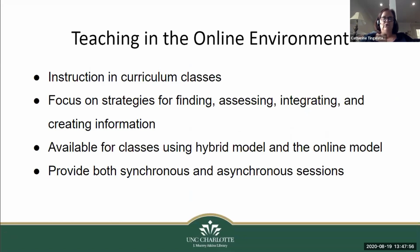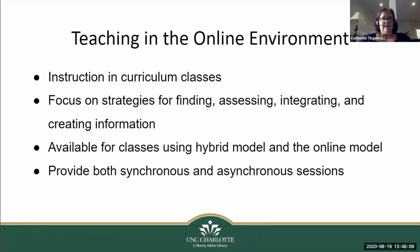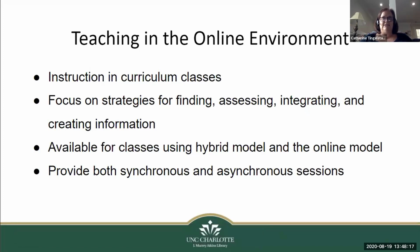In order to set up a class with a subject librarian or any of our instruction librarians, you can contact them directly. And usually the librarians will send an email to the faculty in their assigned areas, letting them know that they're available for instruction and offering a menu of services or concepts, topics that we can cover with your students. Not only do we work with students on finding information, but we also help them assess, integrate,